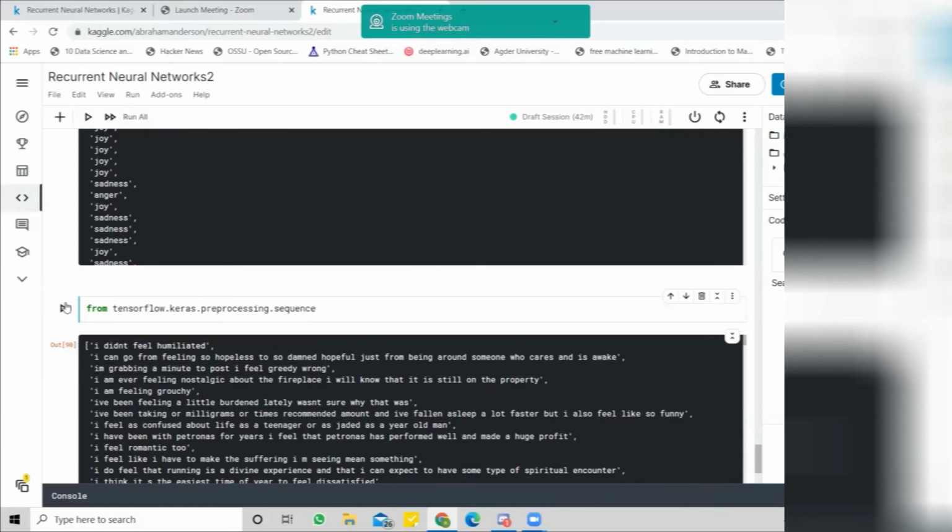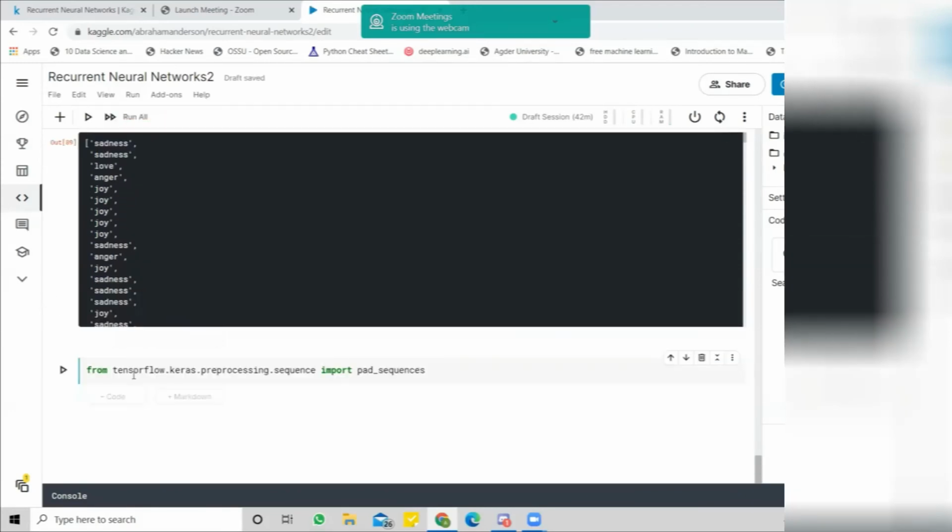Inside sequence, import pad_sequences, which means it will pad all the sequences to the same size. Okay, therefore we import this function. I run this code.